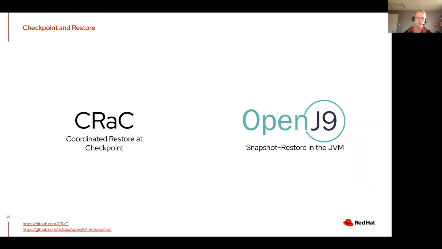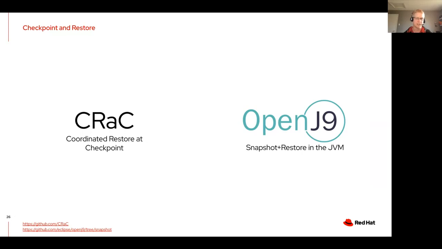And there are two projects I'm aware of that are actively trying to explore this. One of them is coordinated restore at checkpoint, which is looking at adding APIs to make it so that the application can cooperate with the snapshotter so that only the appropriate state is snapshot.